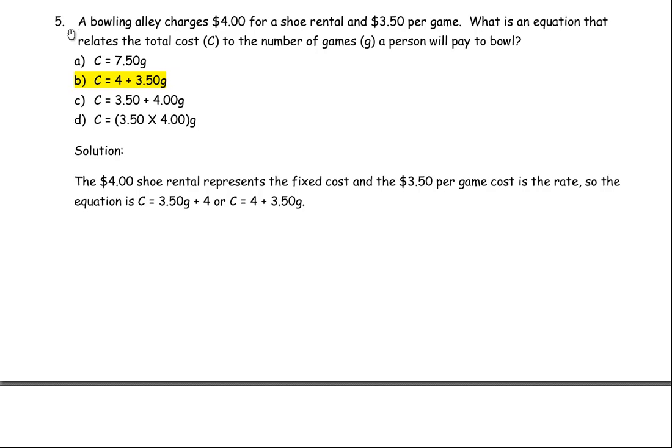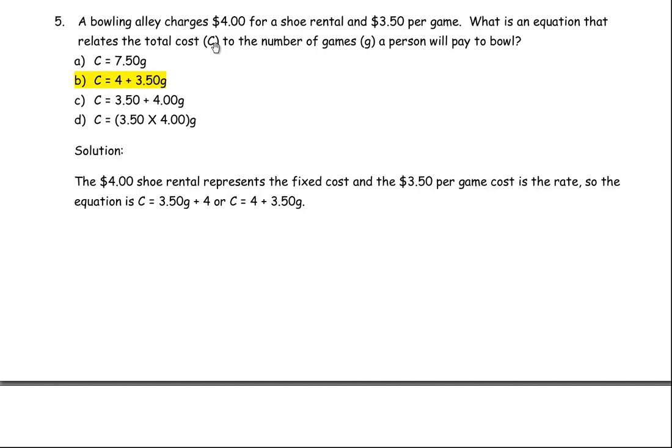This is the solution video for question number 5 in Linear Relations EQAO Practice Questions Grade 9 Applied. And in question number 5, we're asked: a bowling alley charges $4 for a shoe rental and $3.50 per game. What is an equation that relates the total cost C to the number of games G a person pays to